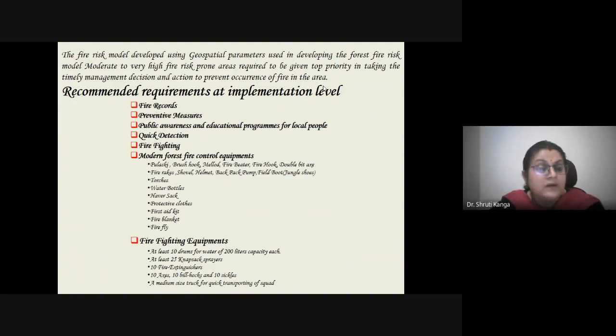Okay, so if some area is having low or moderate risk, we cannot ignore that area. But yes, at the priority level we need to focus on the high, very high and moderate risk areas. But we need to take care of the low and no risk areas also, as far as forest fire incidents are concerned. So we can go for different kinds of